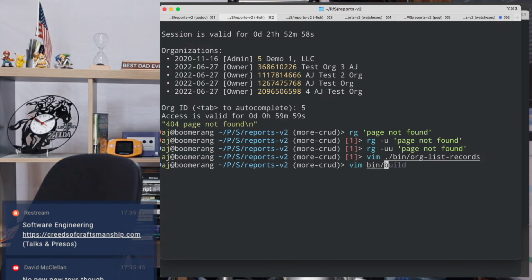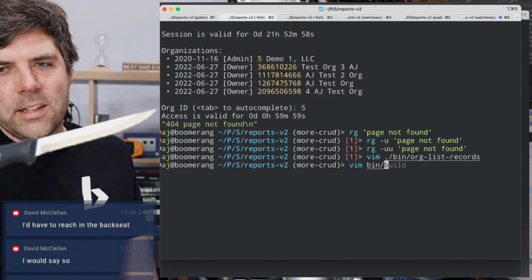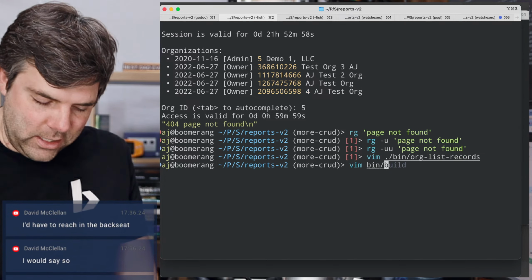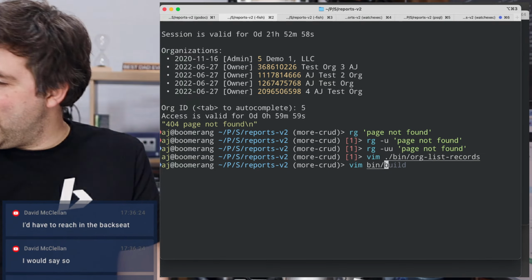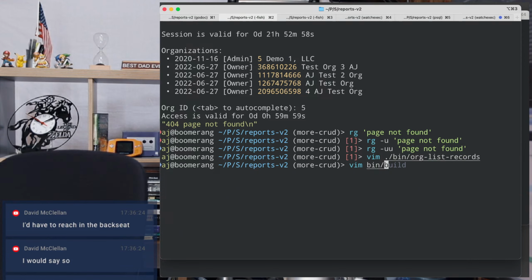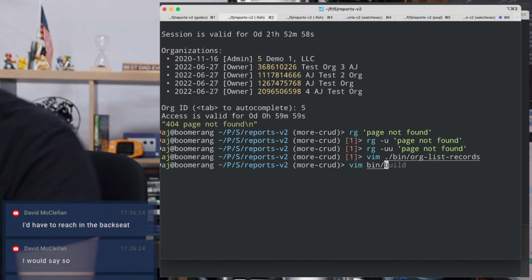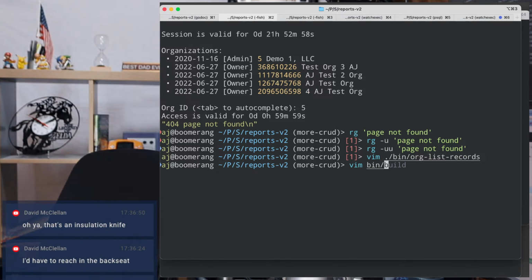It looks like a fillet knife of some sort, but it clearly says Husky on it, and it's covered in fiberglass dust particles. It is an insulation knife. Now I regret that. Now my hand's covered in fiberglass dust particles. I'm going to Windex that. That's how I'm going to rectify that decision, because I have Windex and paper towels right here. So my solution to that problem is indeed I'm going to spray Windex on my hand. Because Windex is wet, and the fiberglass will stick to the Windex.